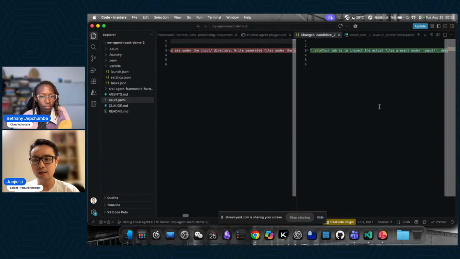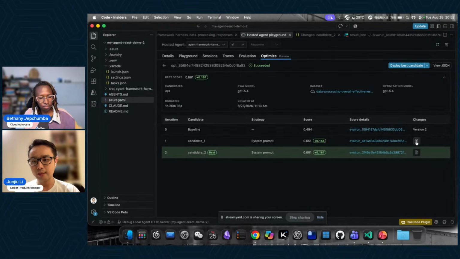For example, you see here it optimizes some system prompts for you, and then it has different candidates, and all those are deployed as separate versions in the cloud, and they are all evaluated against the same data set that you are specifying, and it determines whether a candidate performs better than your original one. From here, we can see candidate 2 improves on the system prompt, and the overall score from the baseline improved by